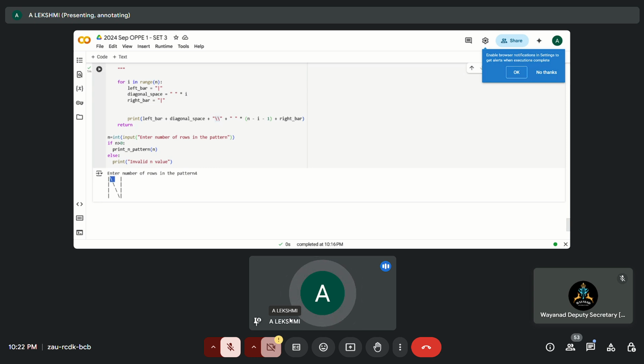If you don't remember, you can revise the escape character sequence. So now this is what is actually translating to this backslash here. Then I'm saying to this string concatenate an empty space, and then finally add a right bar,